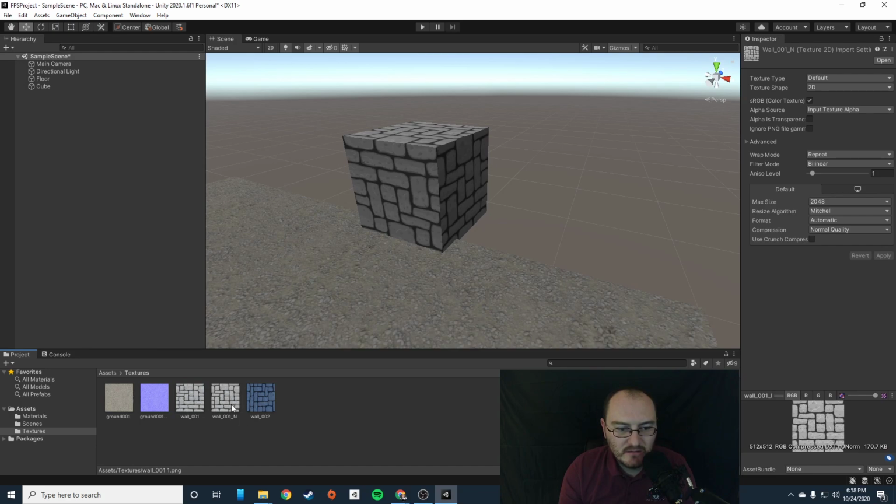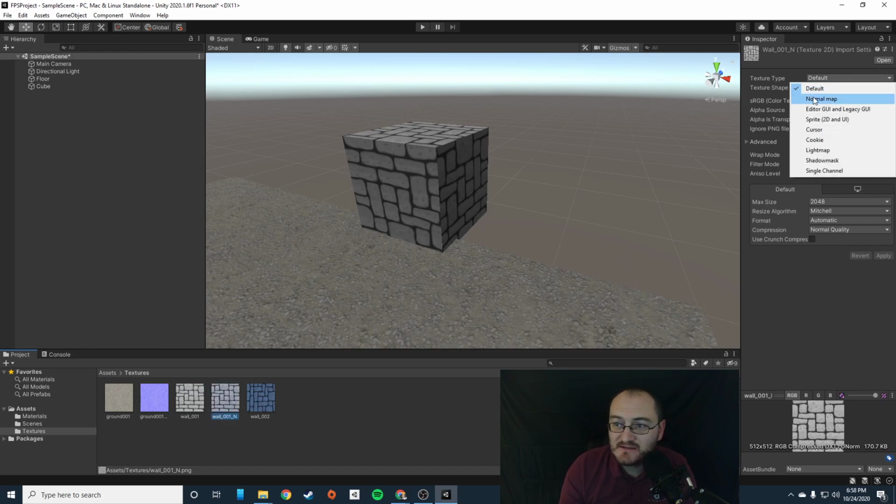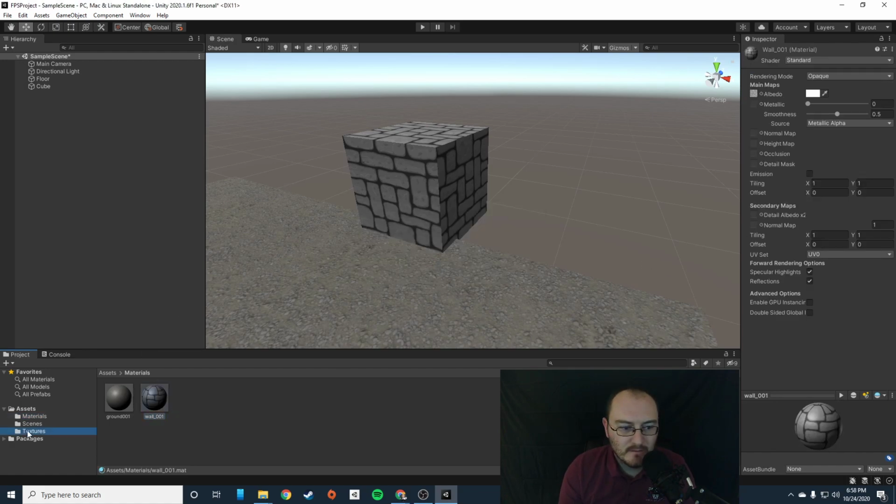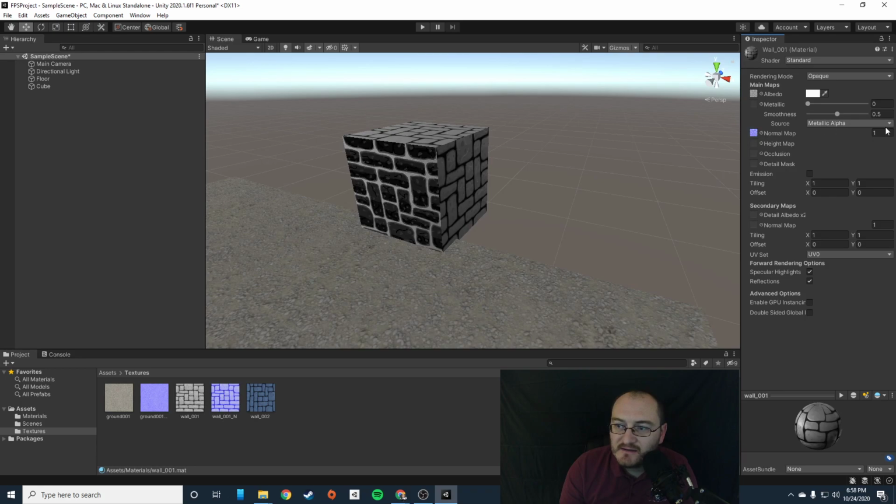And then let's set that as a normal map. Let's go to my material, my wall 1 material. Yes, we'll apply. And let's drag that over into the normal map section. There we go. And in here, I want to reduce the amount of normalization